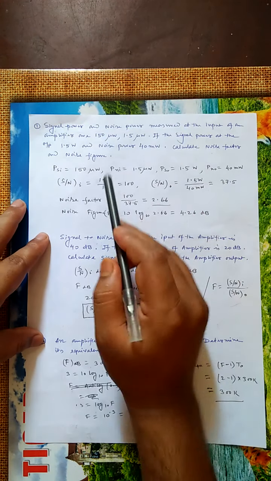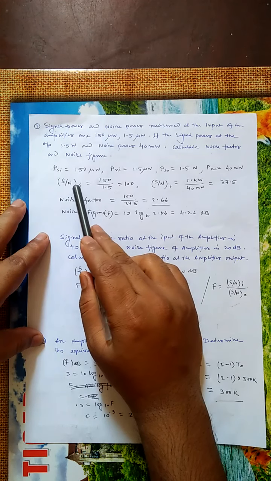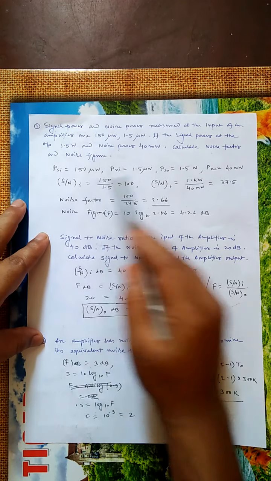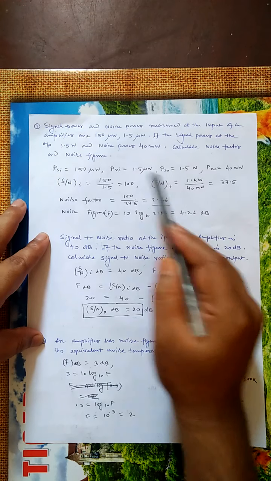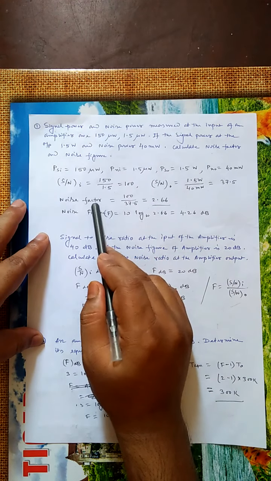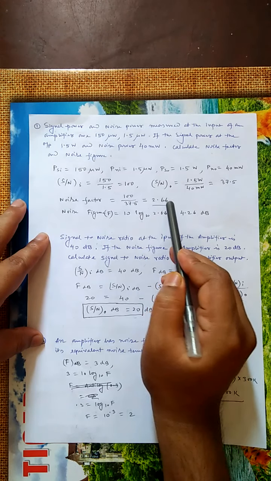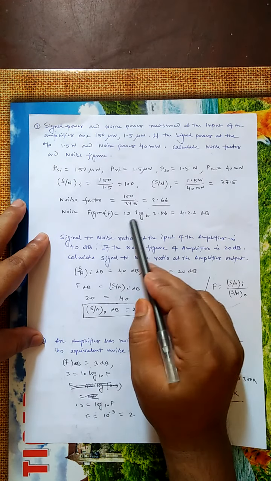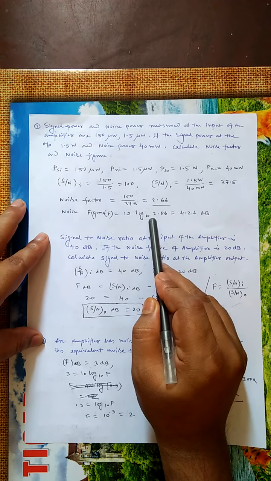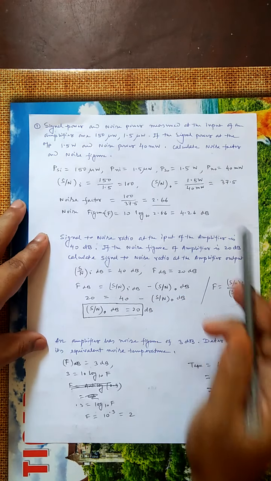The noise factor, we know, is the signal to noise ratio at the input divided by the signal to noise ratio at the output. All the values are given. So the noise factor or noise figure is found by putting in the values, and in dB case I just compute 10 log base 10 of F to find this value.